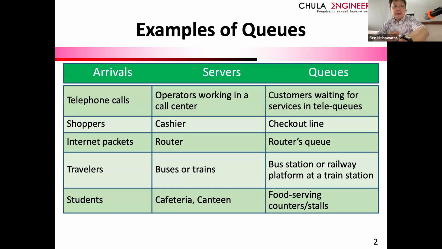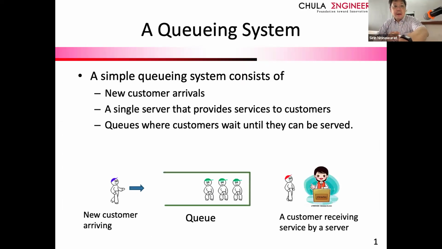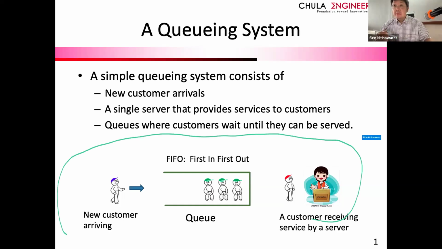So going back to this very simple picture. If I want to break the queuing system down into essential elements, what would you think should be the first element of the queuing system? How many parts are there in this picture in a queuing system? Remember when I talk about a system, it's this whole thing, because